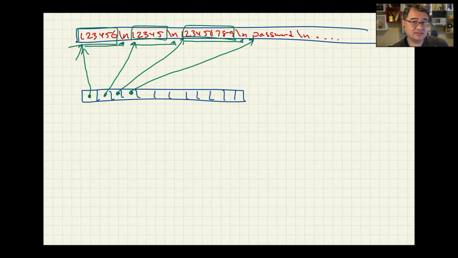Now, what's the benefit of this? You're traversing each word rather than each byte. To build up this array, we still have to inch our way through this file to learn where each beginning is, but we only have to do it once. Then we learn where they are, and we store them over here. It'll be quicker to traverse that array than the big, huge one. So when we now want to make a pass through the array again to crack another hash, we know where all the beginnings of the words are, and it's very quick to just jump through this array. We don't have to inch our way through this one all over again.